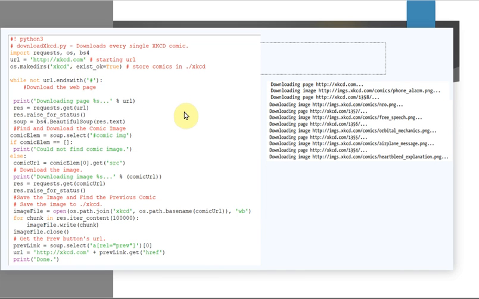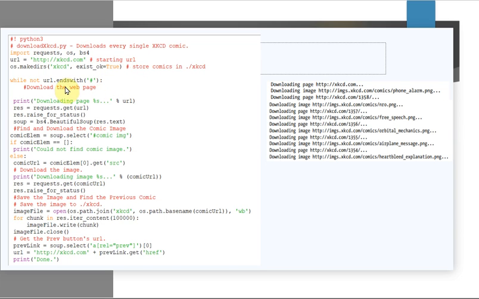Next, the downloaded content needs to be stored in the current working directory. So you have to mention the folder where you want the contents to be stored. Here the folder name is xkcd, and the argument exist_ok=True means that in case the folder already exists, don't raise any exception.